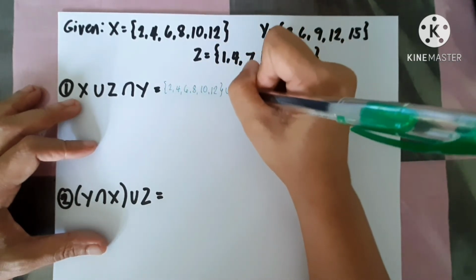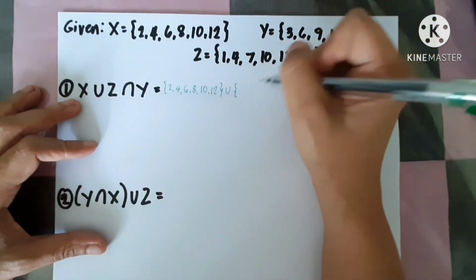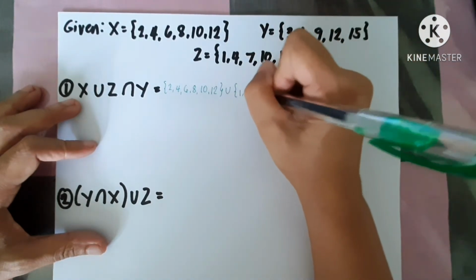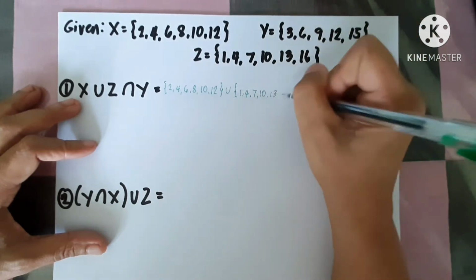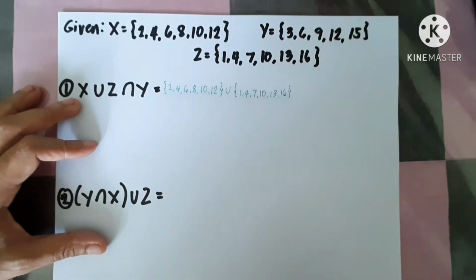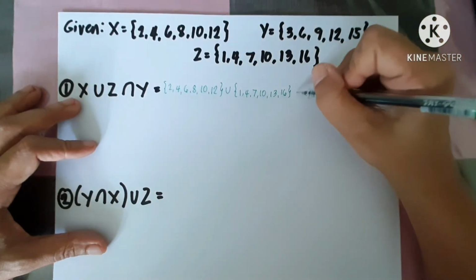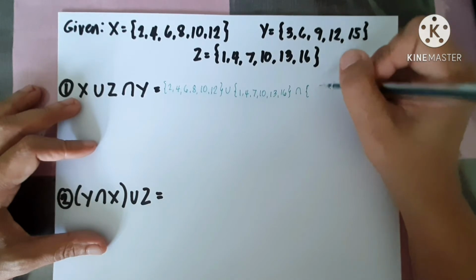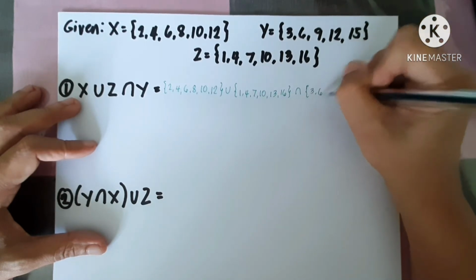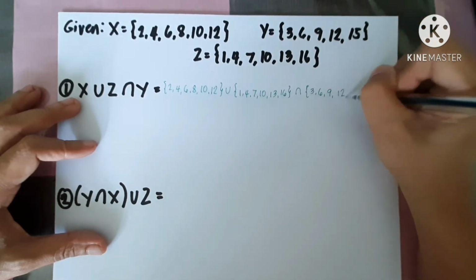And this is the union of set Z, which is 1, 4, 7, 10, 13, and 16. And then we have the intersection of set Y, and the elements of set Y are 3, 6, 9, 12,